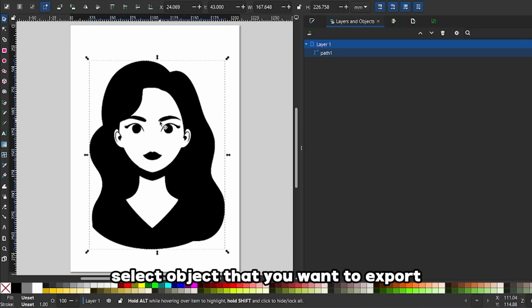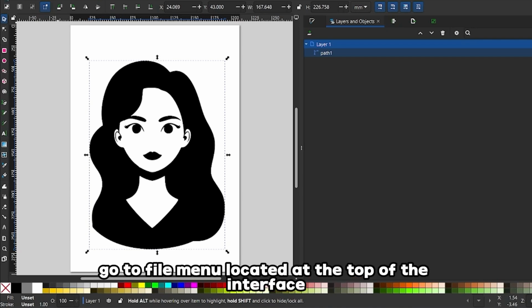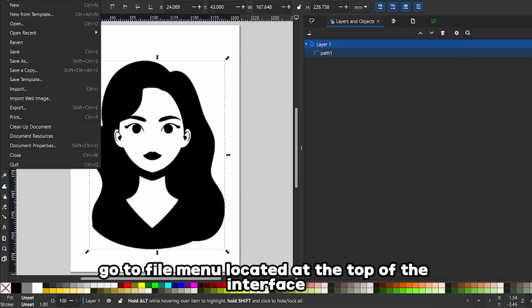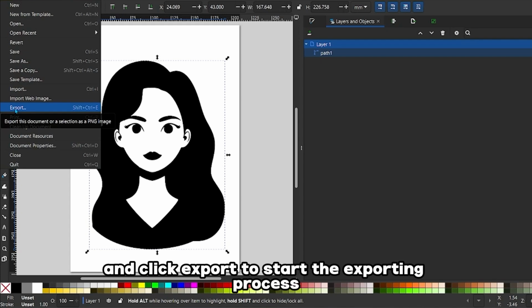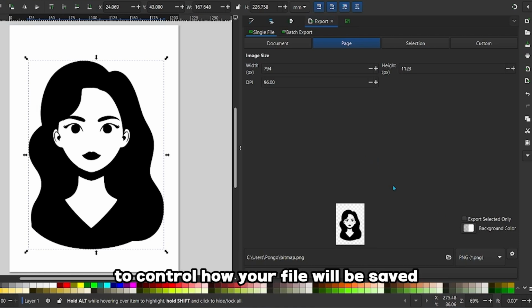Select the object that you want to export if you only need a specific part of the design. Go to the File menu located at the top of the interface and click Export to start the exporting process. The export panel will appear on the side of the screen, providing several options to control how your file will